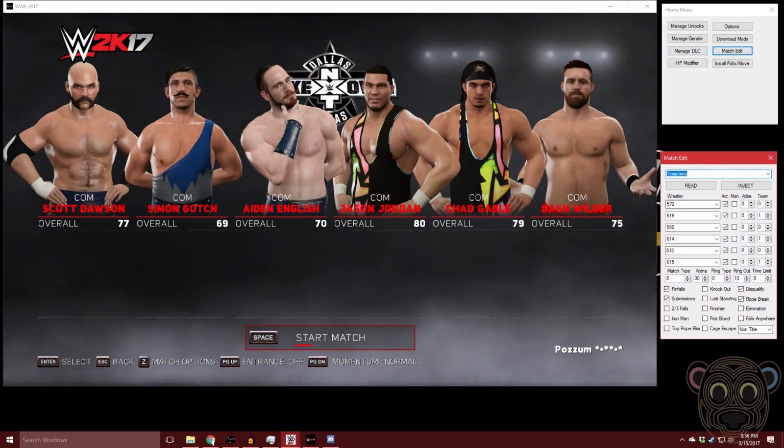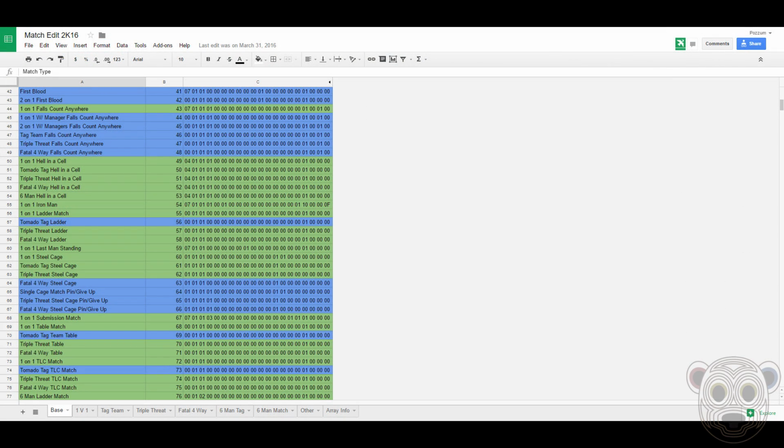And now this first wrestler here is Aiden English. It's going to be a Team 0. We got 580, which is Simon Gotch, which is also Team 0. However, we also have Scott Dawson and Dash Wilder, who we do not want on Team 0 or 1. We want him on Team 2. Now match type, we want to change. I will tell you that you want to be on match type 73. And now that is because of a little